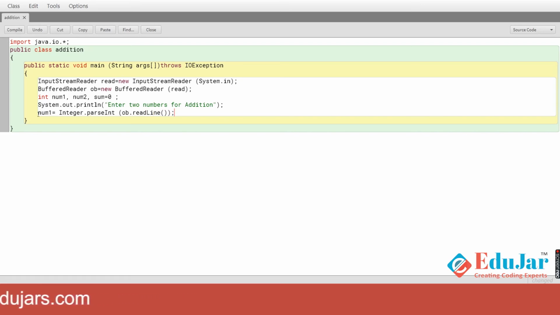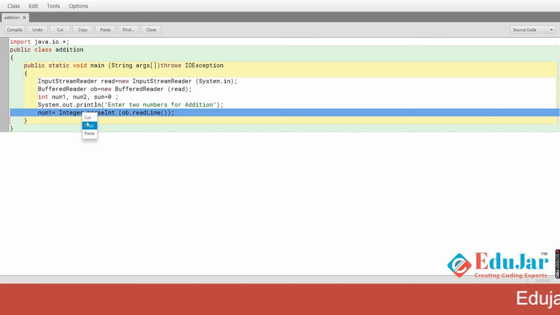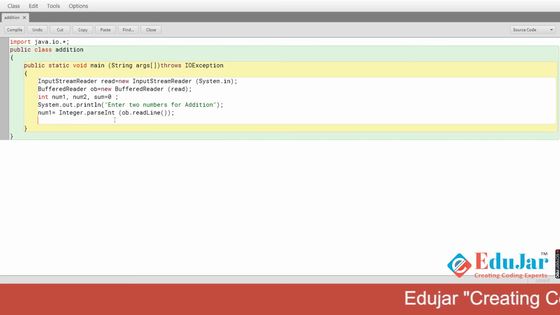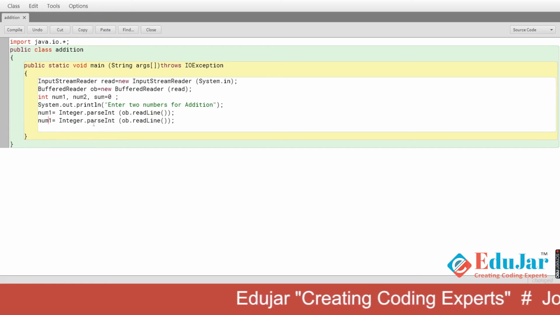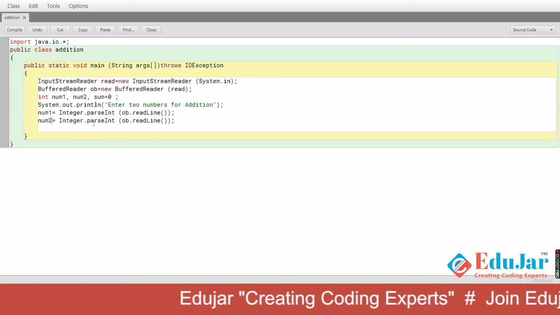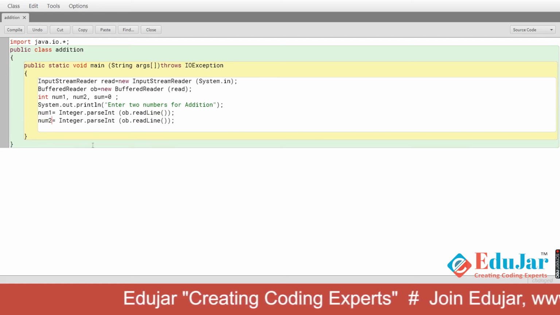And the same thing we will do with num2: num2 equal to Integer.parseInt(ob.readLine()).